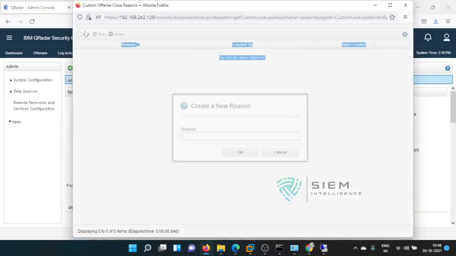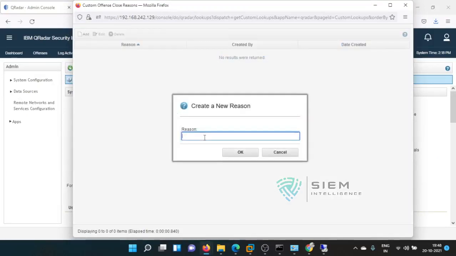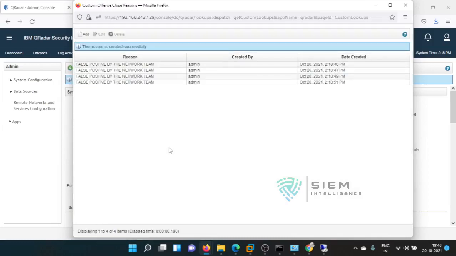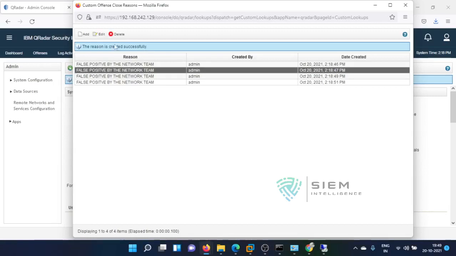If you want to add a custom offense name, reason, so I say it's a false positive by the network team. Okay, the reason is already there. There are so many things that have been added, it's okay.